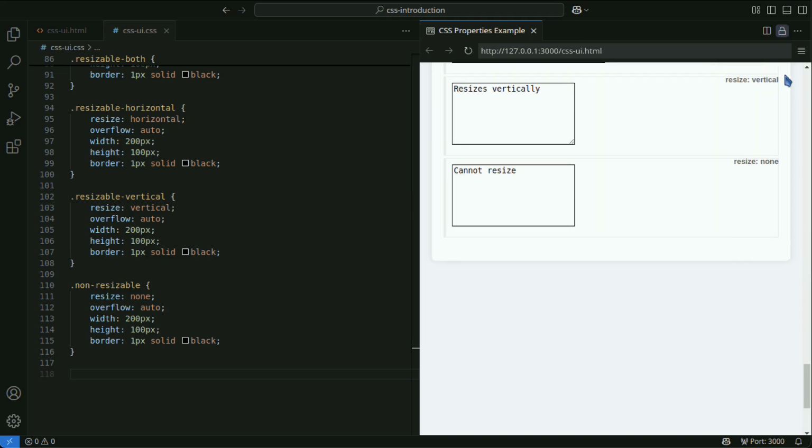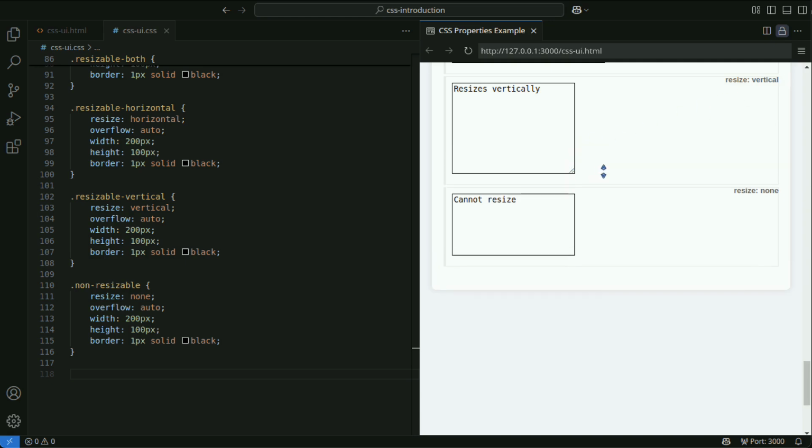Specifying vertical allows the element to be resized only in the vertical direction, height. Specifying none disables resizing of the element. This is the default value. Specifying inherit makes the element inherit the resize property value from its parent.